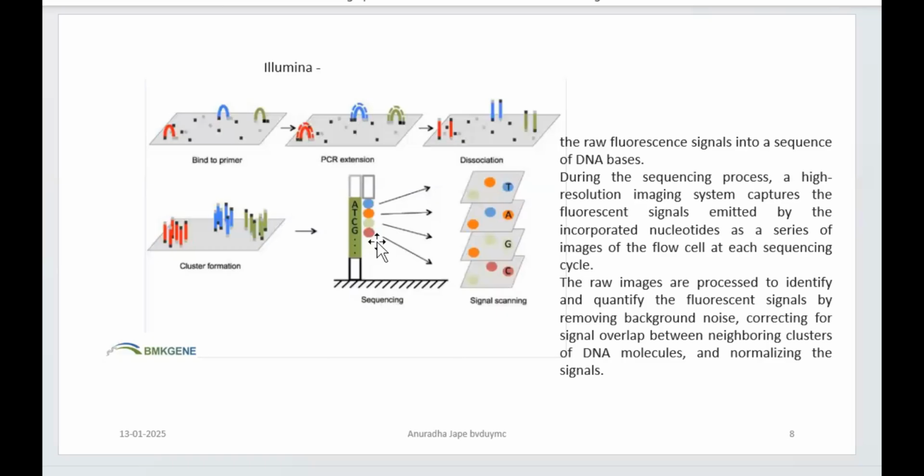The base of the flow cell is transparent glass, right? So you have to nullify the baseline and then note down the signal efficiency, right? Of course, this correcting of the signal is done automatically by the instrument itself, but it is compared and then the signal is normalized and documented. So this is how you can draw the schematic representation for Illumina based DNA sequencing, the next generation sequencing method, right?